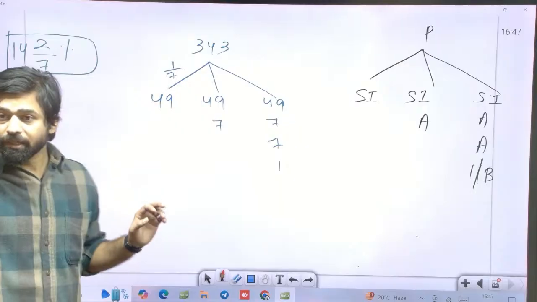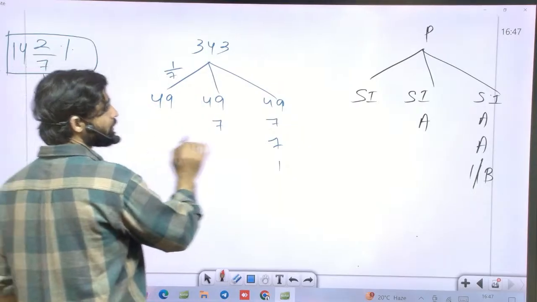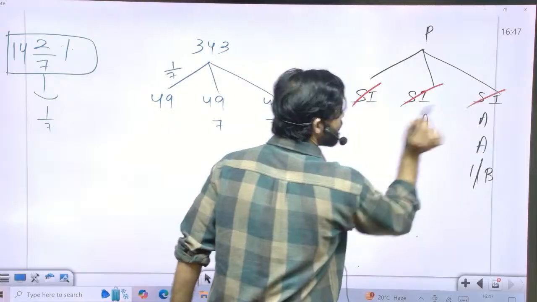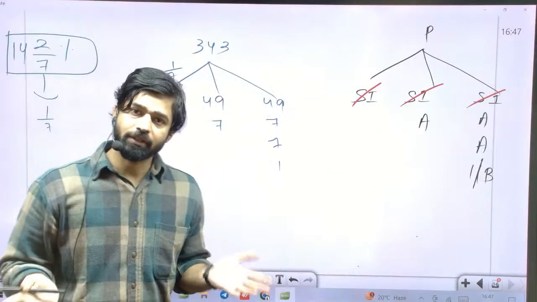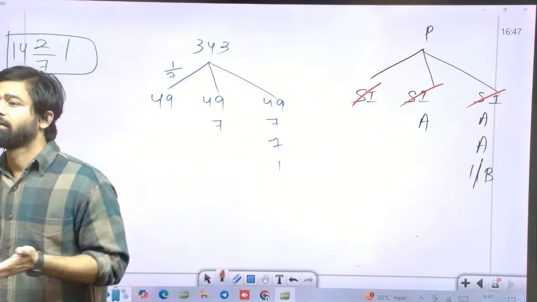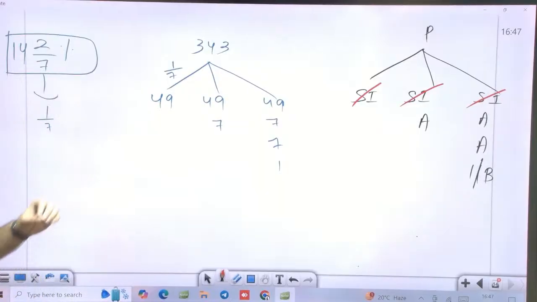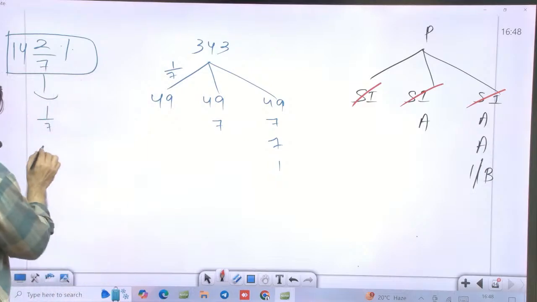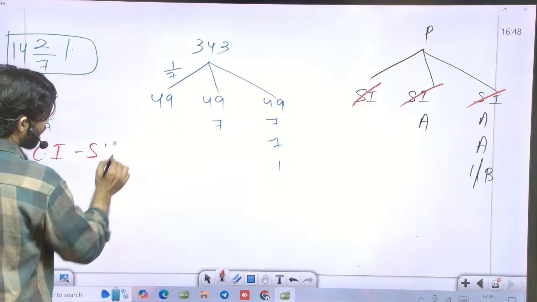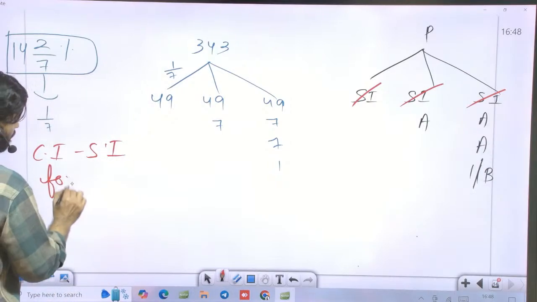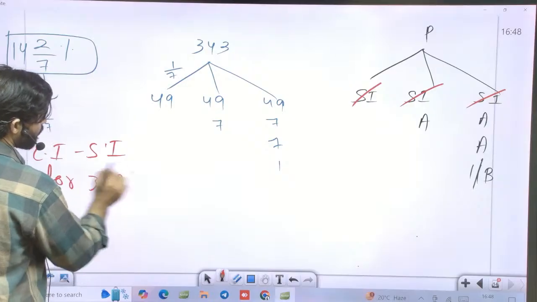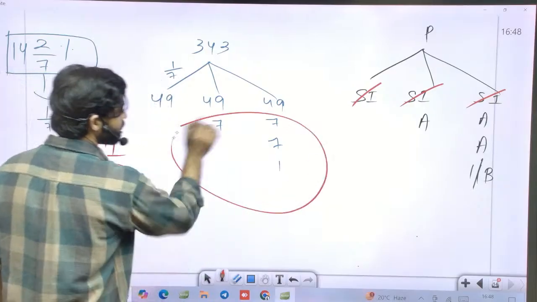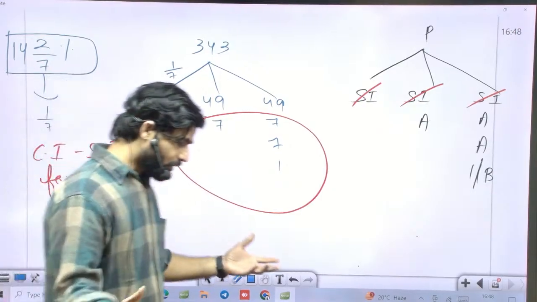But in all these vertical values we have included SI, SI and SI. SI is included in CI. So if we have to take the difference of CI and SI for 3 years, what will be the difference? We can exclude the SI directly,